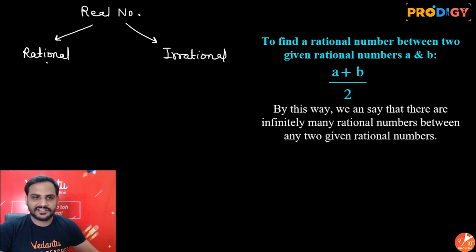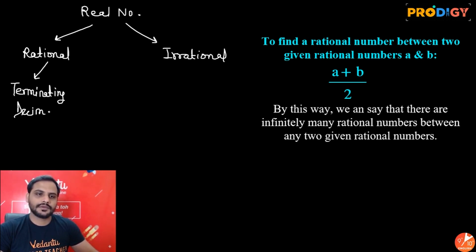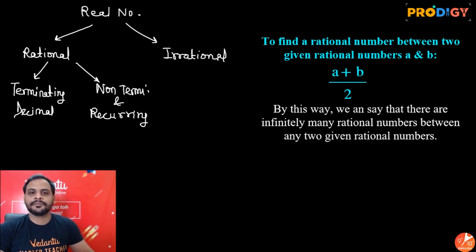Decimal form for rational numbers, two types. One is terminating decimal, and the other is non-terminating but recurring, non-terminating and recurring decimal. And for irrational numbers, we have